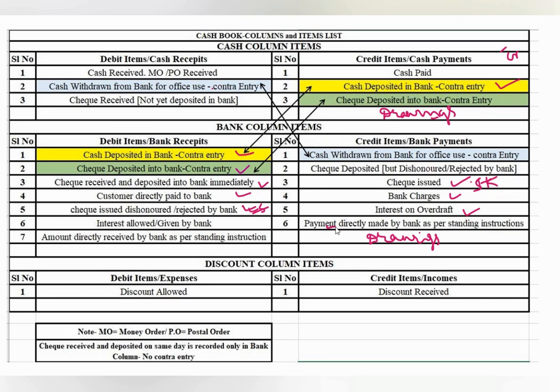For example, if we have given an instruction to our bank manager in written format that he has to deduct 1000 rupees every month from our bank and pay it to the LIC company as an insurance premium, then as per our standing instruction, the bank manager every month on a particular date